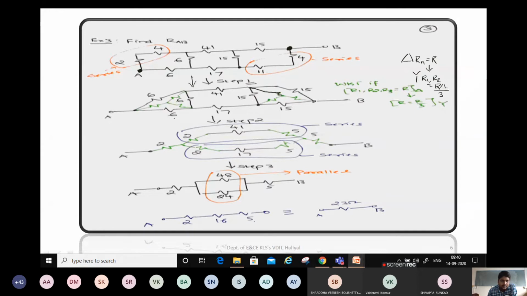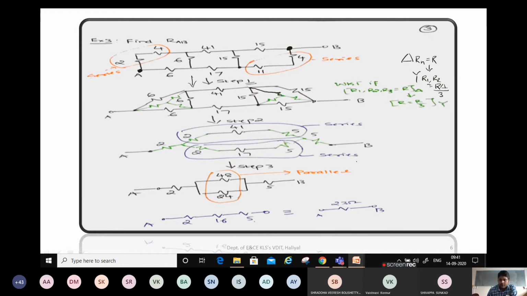So no need to calculate again, just use this equation. 6 divided by 3 will be 2. So everywhere you will get the value as 2. Here 15 divided by 3 will be 5. So you will get 5 ohms everywhere. Like this, if you check all the things, we have the series combination of 2, 41 and 5, and the series combination of 2, 17 and 5. So that turns out to be 48 and 24 ohms. And these are in parallel. So this parallel value turns out to be 16.